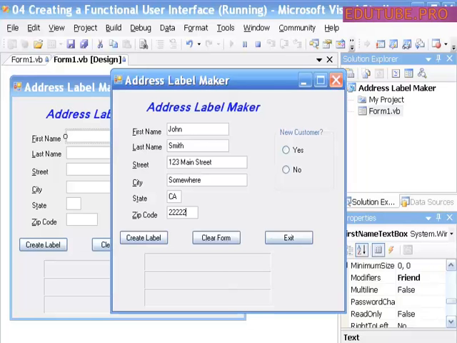Now we will further modify our address label maker program to include some radio buttons, and we'll see how you can write code to interact with those radio buttons. As you can see, I've entered some data for our address label maker program, and as we know from previous movies, we can click create label, and that will create the mailing label in the first name, street address, city,